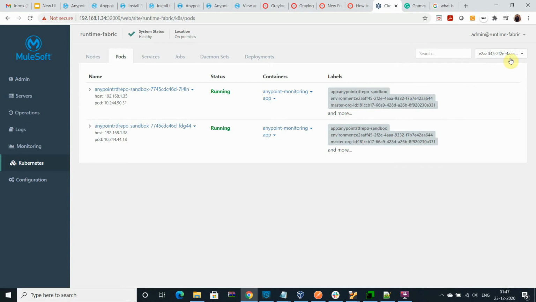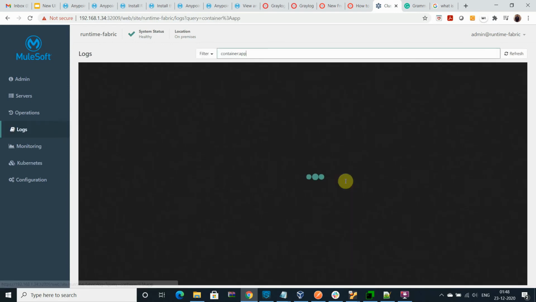The cluster is identified with this ID, and then I go to the app and then to the logs. It sometimes takes some time, based on the resources you have in your platform. So you can get the information from this location for the respective app, or for the platform.